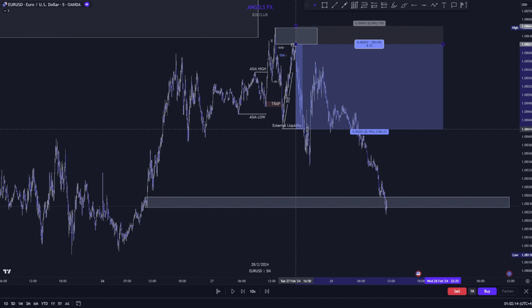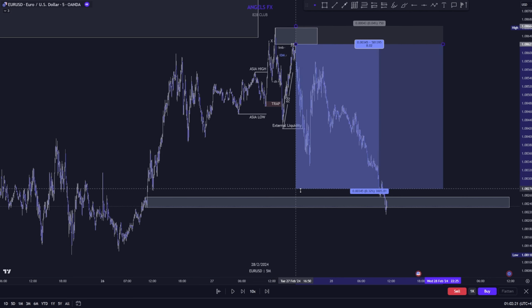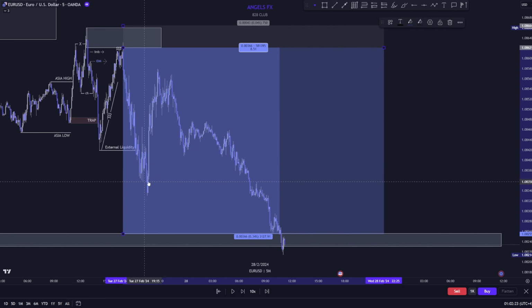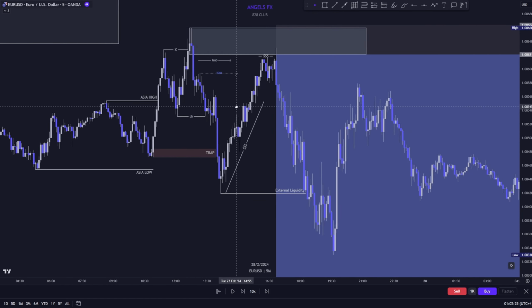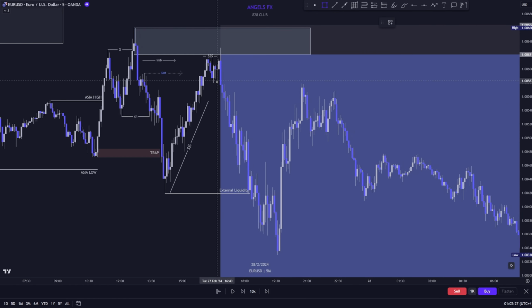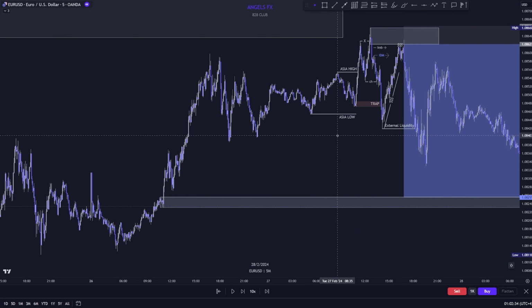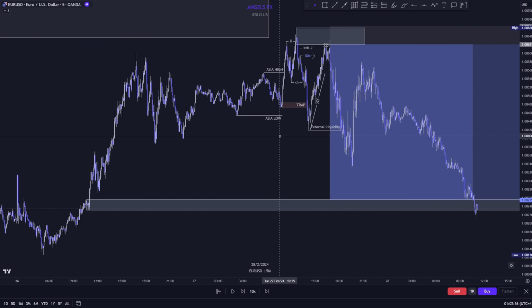So you can take some partials maybe here, maybe 16%, maybe 80%, and set your stops at break even, and boom, target is hit. But let's see if we had a re-entry possibility. No, we would miss. But no problem. So this is how you can trade, guys, every day. Every day: Asia high swept, Asia low swept, higher time frame